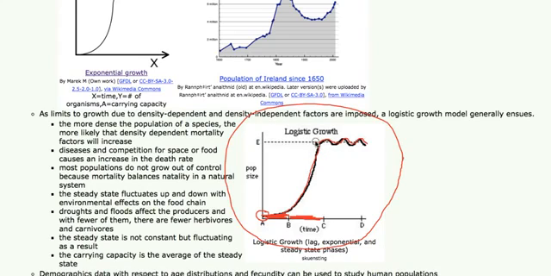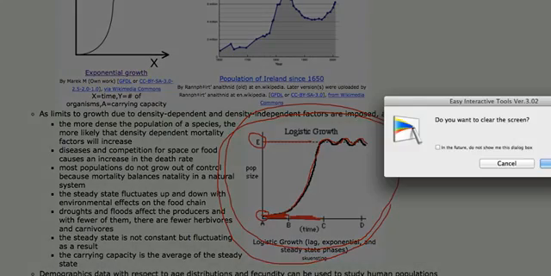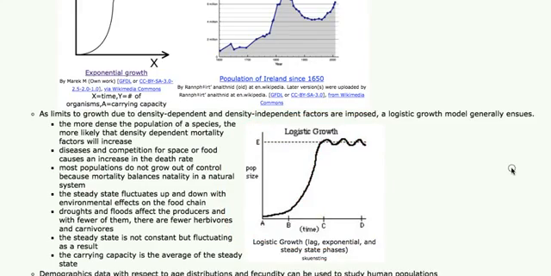And if you'll notice, there's a dotted line coming over here on the graph, and there's a label here, E. E is the carrying capacity, which is about the average size of the population during the steady state portion of the population growth curve. This population growth curve right here is called a logistic growth curve. And that's because it accurately describes a population growth pattern that shows a lag phase, an exponential phase, and then followed by a steady state at the end.